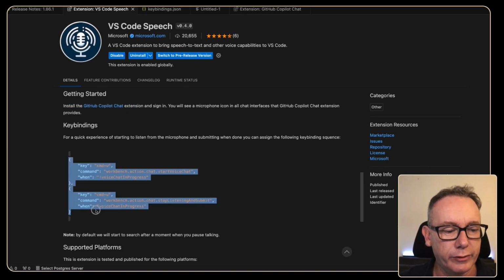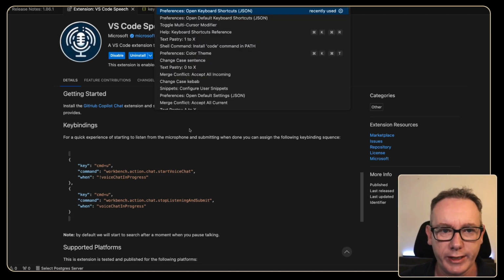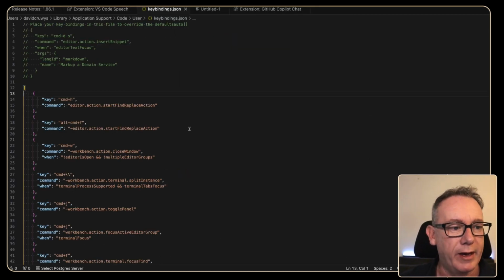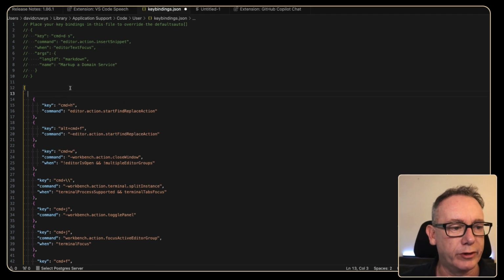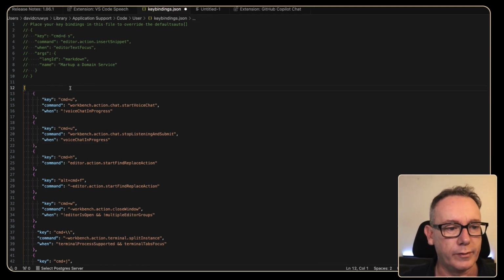Now there's a couple of keyboard shortcuts. We'll just copy that, press Command-Shift-P, in my case I'm on a Mac, and we can open up the settings for keyboard shortcuts. Should be able to paste that in just there, put a little comma here, and we'll hit